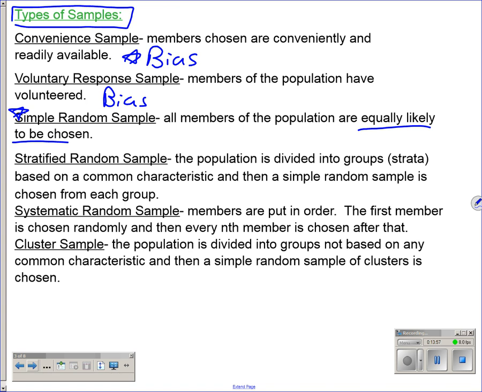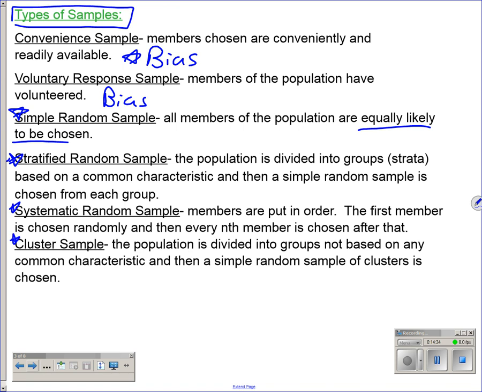It just turns out it's not as easy as you think of accomplishing, especially if you have a huge population. This can be very, very costly. It costs a lot of money to do. People always ask me, why wouldn't you always do that over these first two? Well, if you notice, these first two are very easy to do, very time efficient, and very cost efficient. So sometimes you get away with what you want. But these other examples here are all examples of random sample. And the rest of these examples, this one, and this one, you're going to eliminate most of your bias,